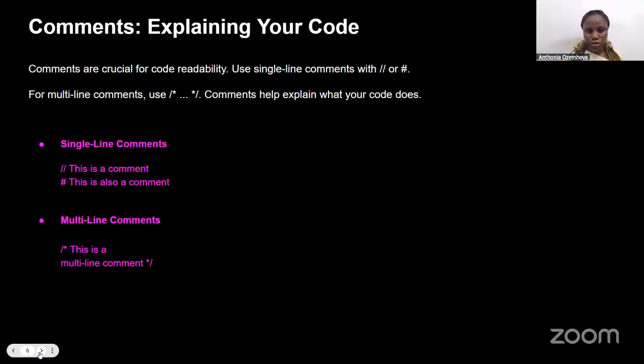So that is what comments are for. So they shed more light. They are very crucial for code readability. They are annotations, they are notes that explain why a particular function is being written this way, why a particular code is being written this way. So we have the single line comments